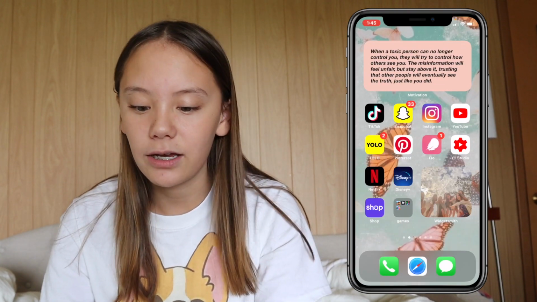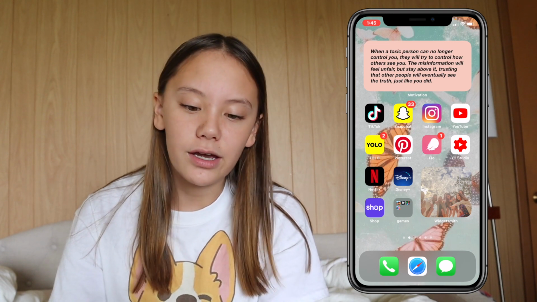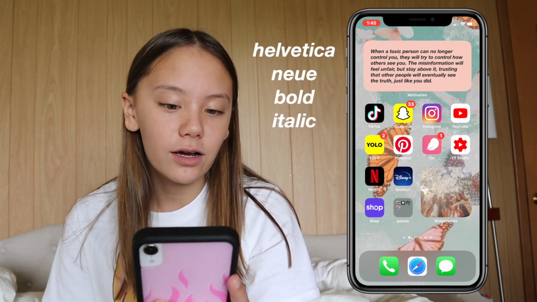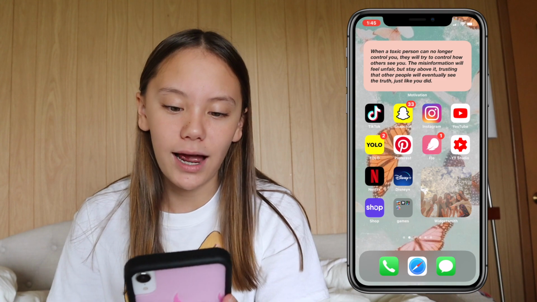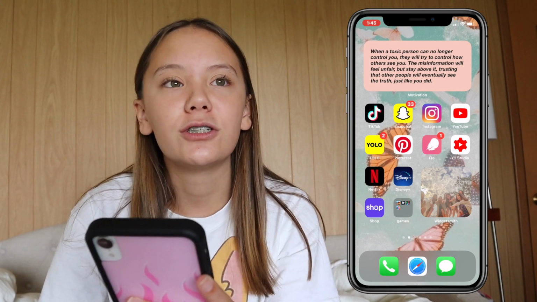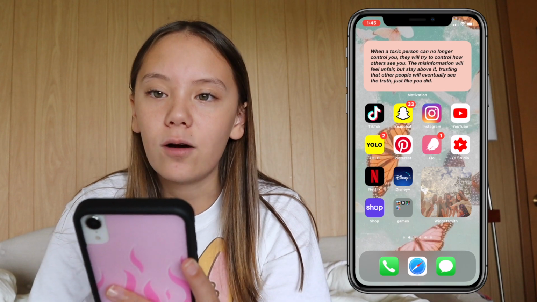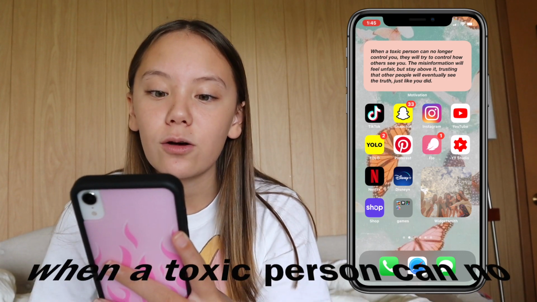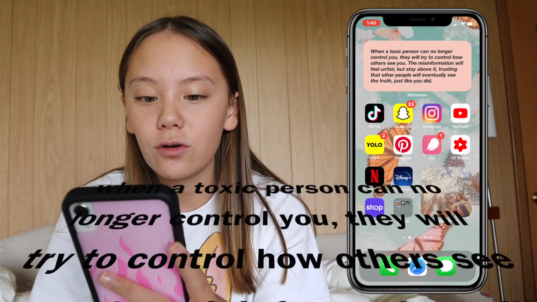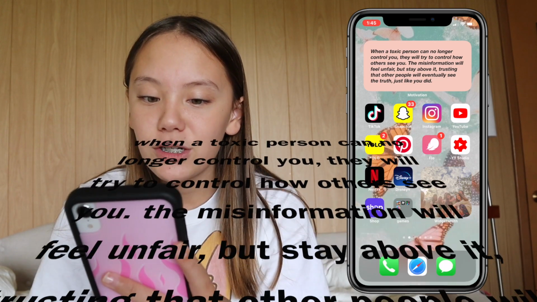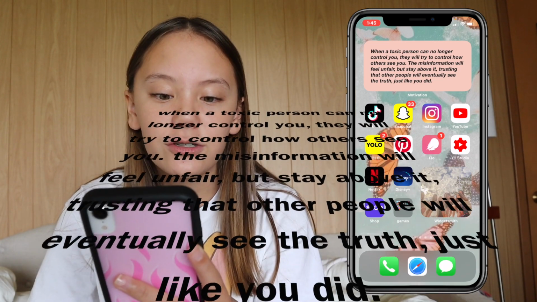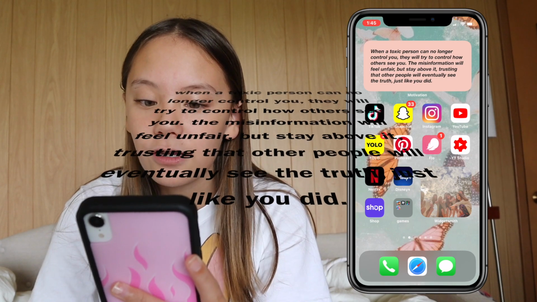So mine's just this peachy pink color, and then the quote is in the font Helvetica Neue Bold Italic and in black, and then these rotate through random quotes at random times of the day. So this is the one that it says right now. It says, "When a toxic person can no longer control you, they will try to control how others see you. The misinformation will feel unfair, but stay above it, trusting that other people will eventually see the truth just like